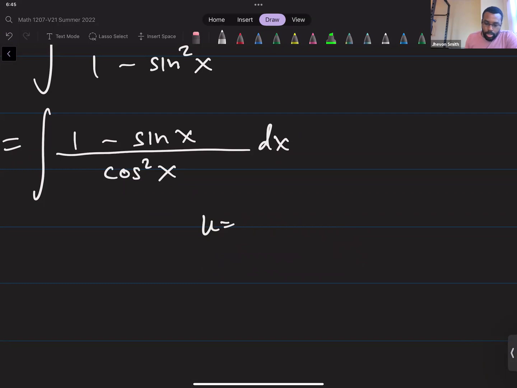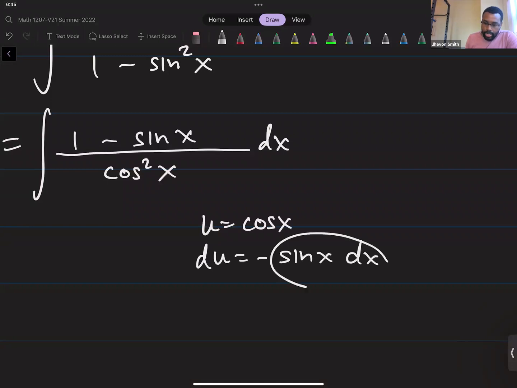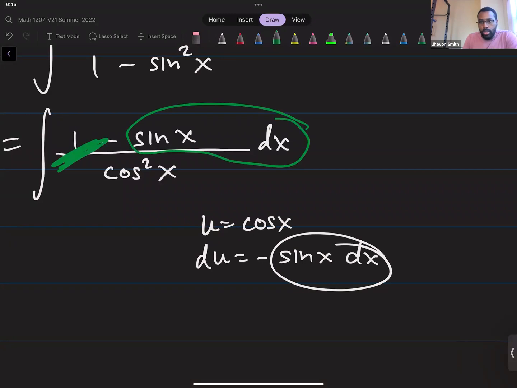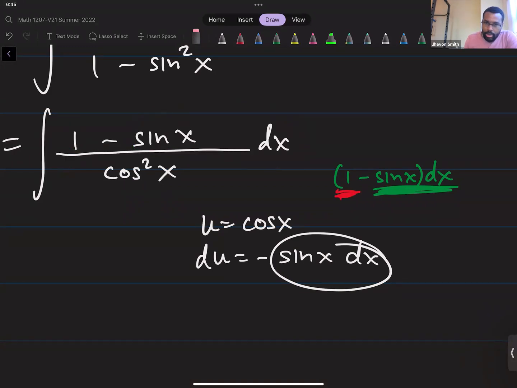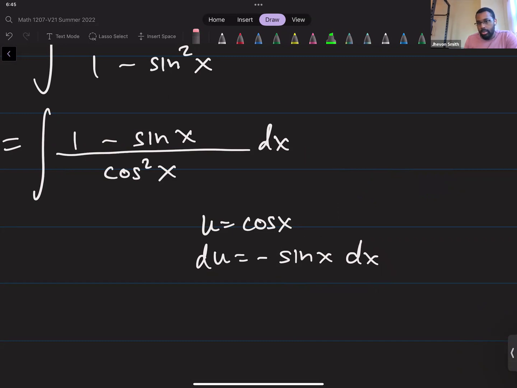If you decide that you want to use a substitution, u equals cosine would make more sense because your du would be the negative sine x dx. And sine x dx, you kind of have that right here. The problem is this one in the front is going to mess that up because you don't have sine x dx, you have 1 minus sine x times dx. So this part here works out well with the substitution, but that part does not. When you're making a substitution, you have to see, do I have something that makes that substitution useful? Would my du be somewhere in the integral that I can make sense of? So here, the one is kind of messing things up for us in terms of a substitution. If you want to do a substitution, u equals cosine would make sense, but the